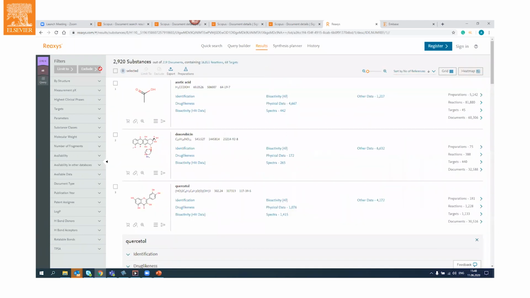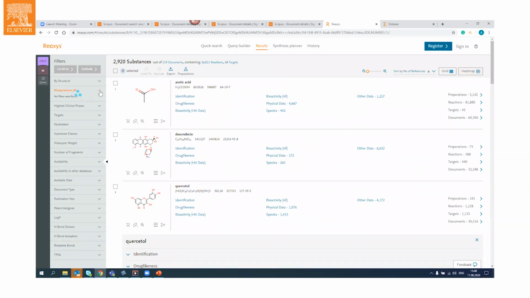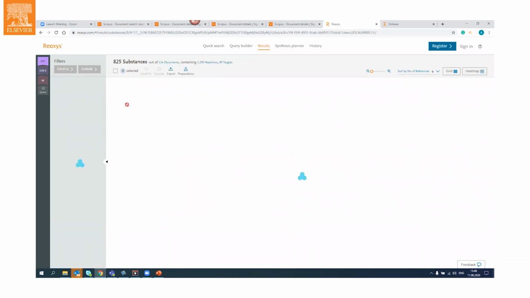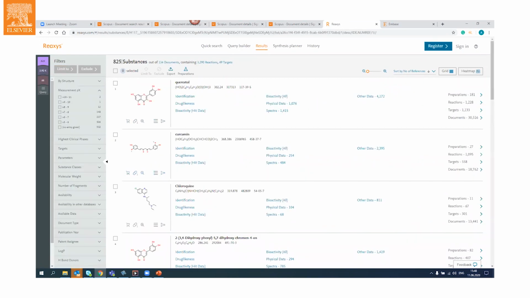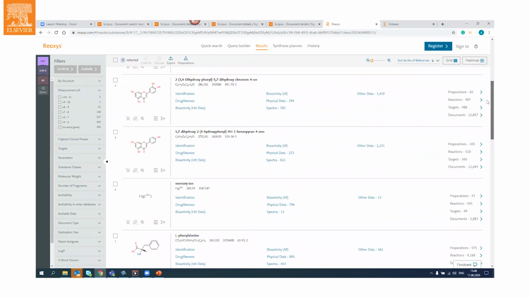Because we have 2,000 compounds which have some reported experiments, but we are interested in only highly active. So what we can do is to filter them to the substances having high px, more than 5 or 6, which means that the bioactive concentration would be less than 10 to the -5 or -6. So here it is. In a couple of clicks, we have 800 candidates for drug repurposing against COVID-19.